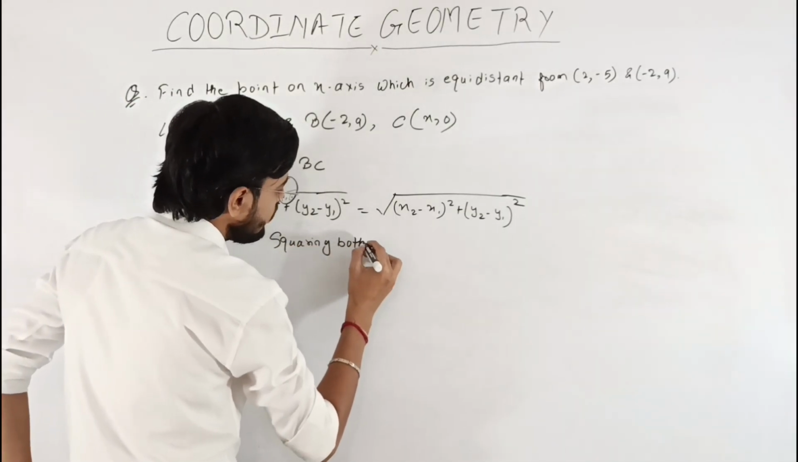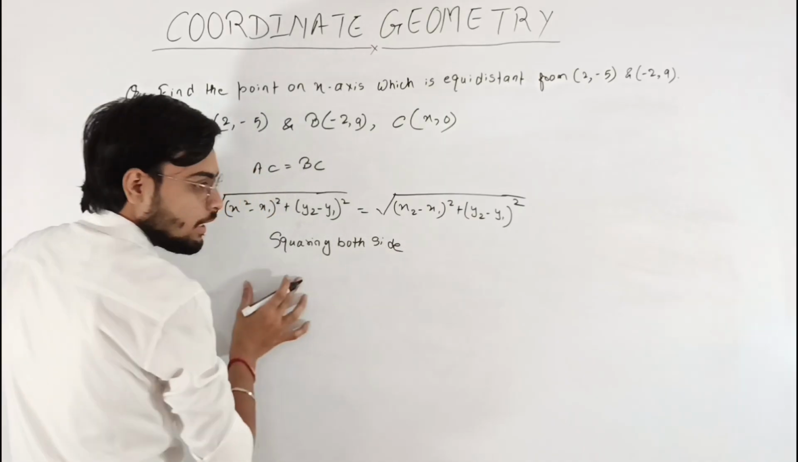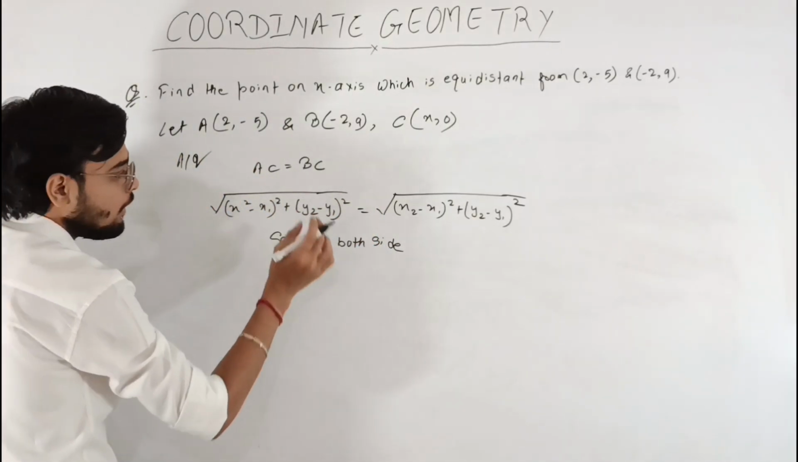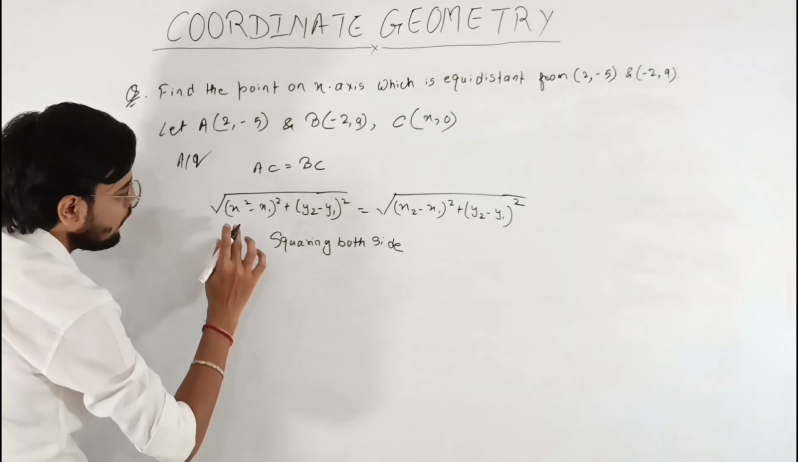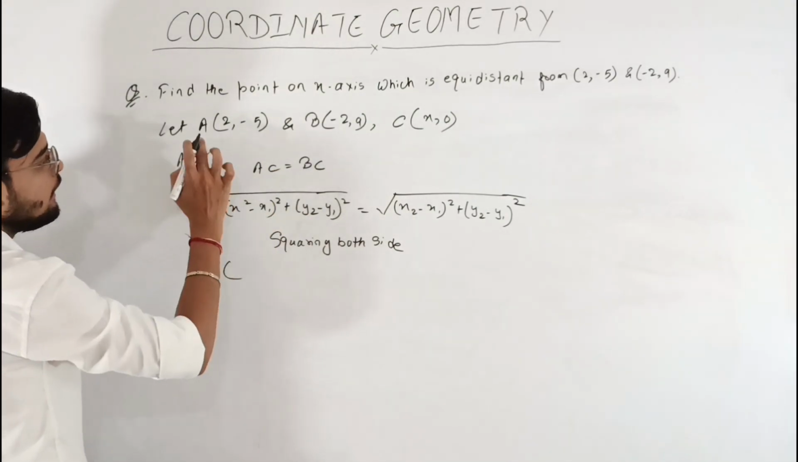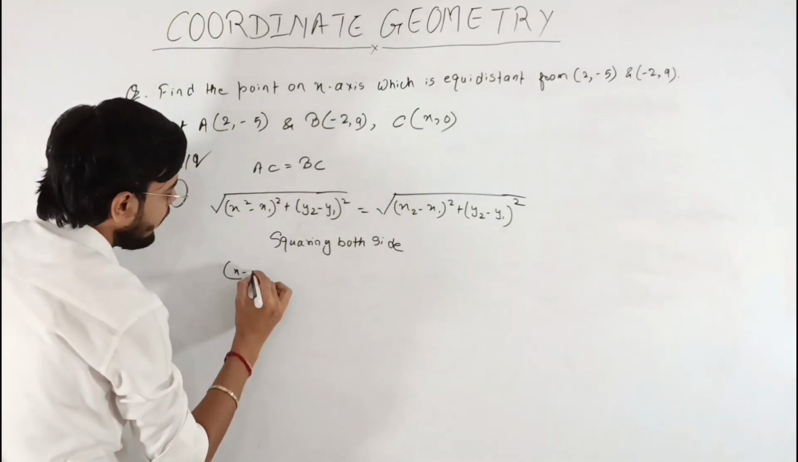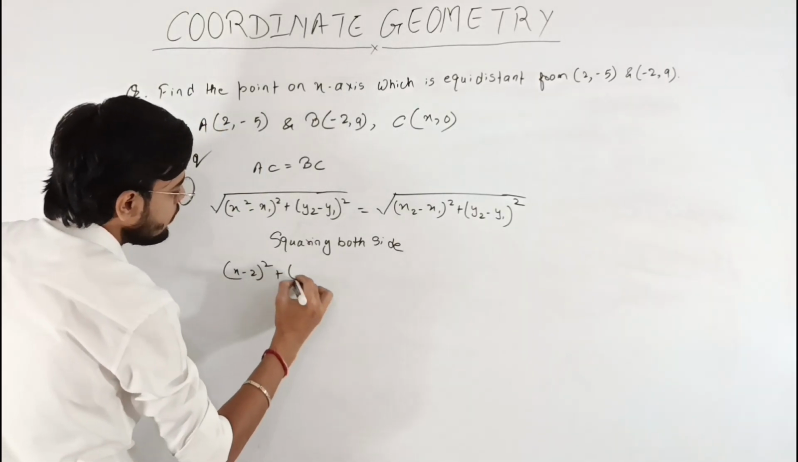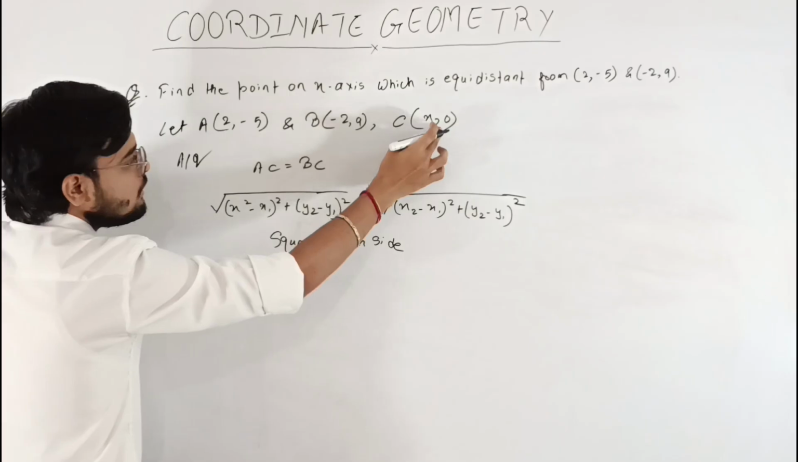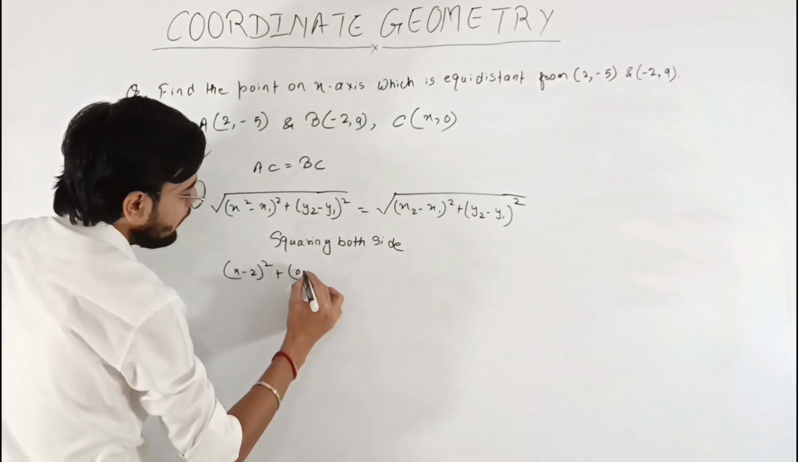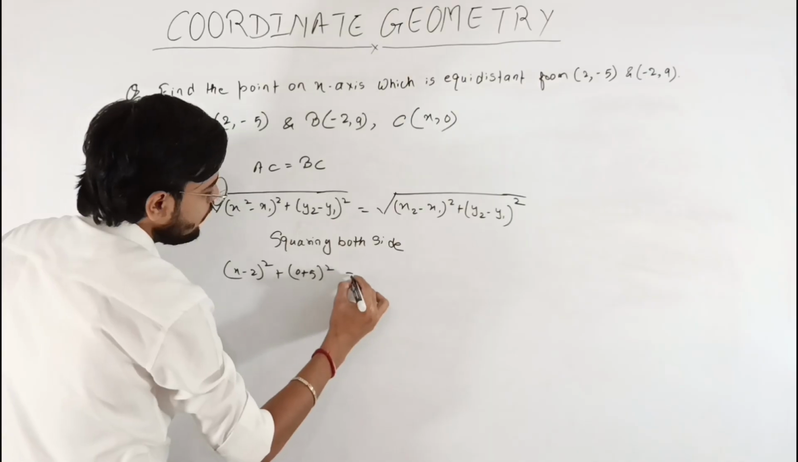Squaring both sides. Now after squaring both sides, this root is cancelled out, so we are left with x2 minus x1 square plus y2 minus y1 square. Now look, which is x2 and x1 for AC, A and C. x2 is x, x1 is 2. So here x minus 2 square plus y2, which is 0, y1 is minus 5. So 0 minus minus 5 will become plus 5 square is equal to